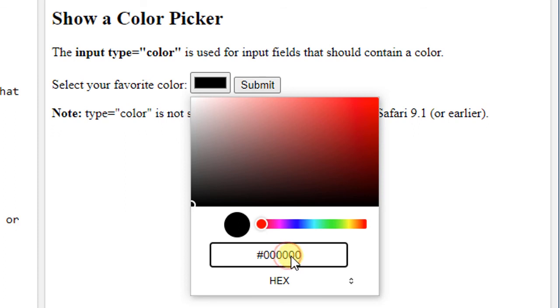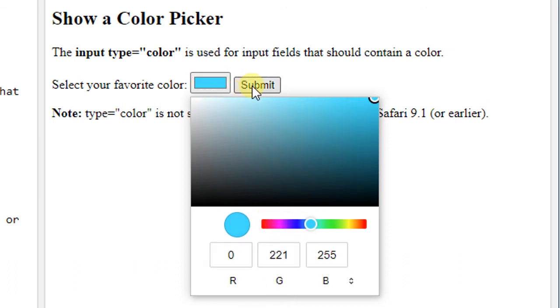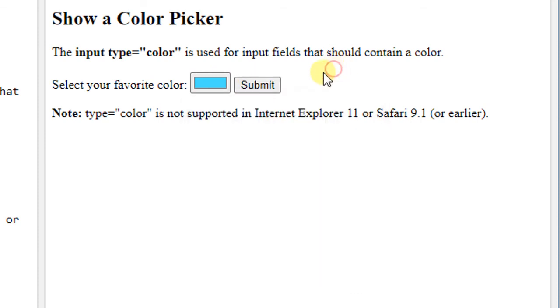So suppose here I want to change this last two digits to FF. So the new color has appeared. You can change another one also, suppose this one. Suppose you want to define DD here. So in this way you can select different types of color, and after selecting the color, the submit button is also given. It means that if you want to submit this color, you press the